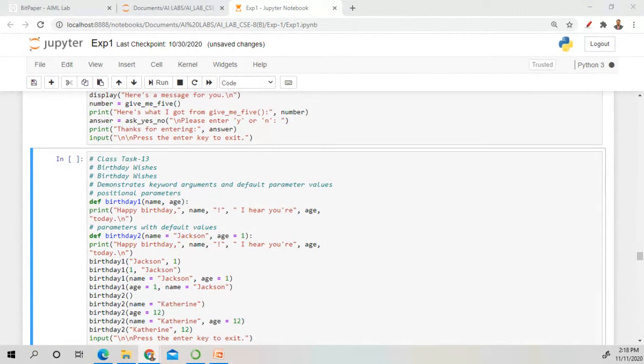I want to give the option A and B, so I forgot to write B right here. A is the first option.